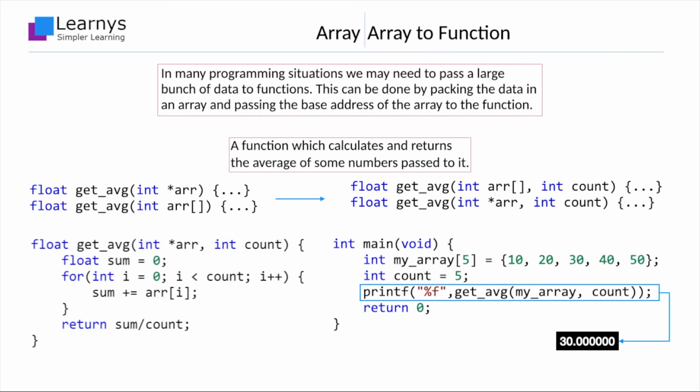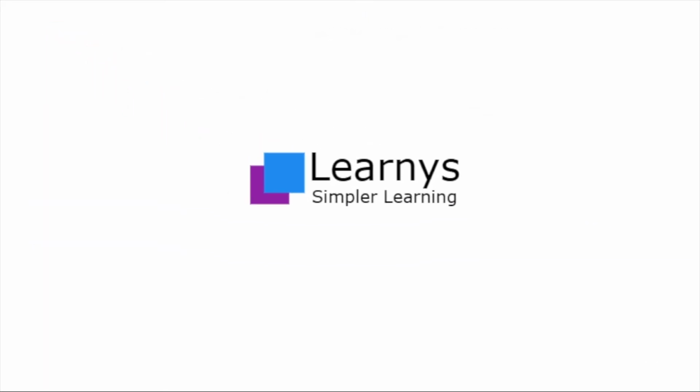This brings us to the conclusion of an otherwise complicated topic. In this lesson, we have covered almost every detail about arrays, how they are declared and how their elements are accessed. We have also discussed the mechanism of pointer arithmetic in general and also in the context of arrays.